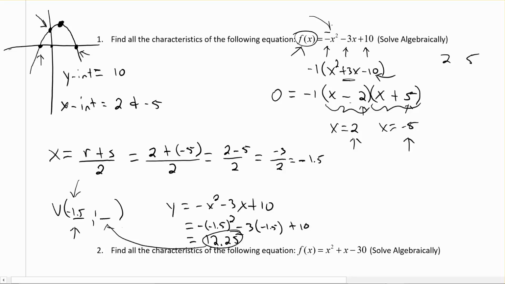12.25. That's our vertex at the top here. And it looks like I've drawn this a little bit wrong. What our vertex should actually be, here, I'll do the whole thing. So according to this, if we graph this thing, I've got a y-intercept at 10. So maybe that's like up here. I've got x-intercepts at 2 and -5. So -5 is farther, and then like 2. And vertex